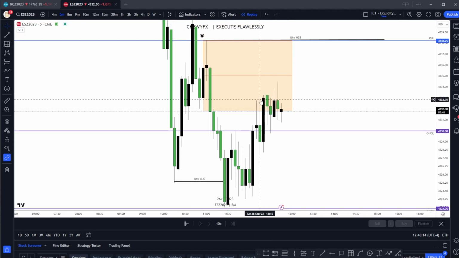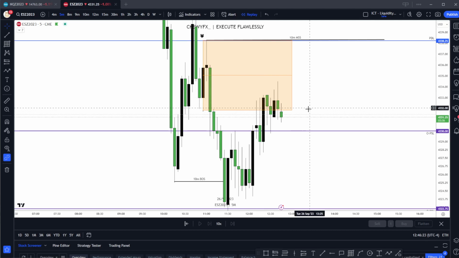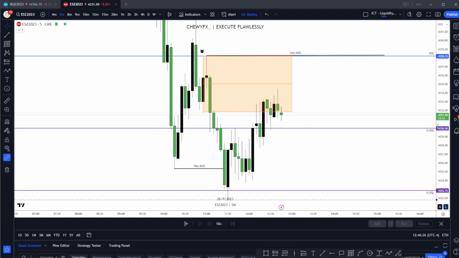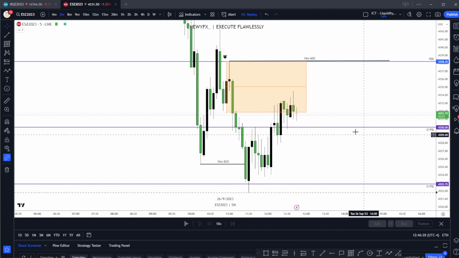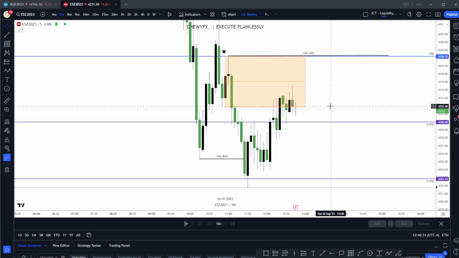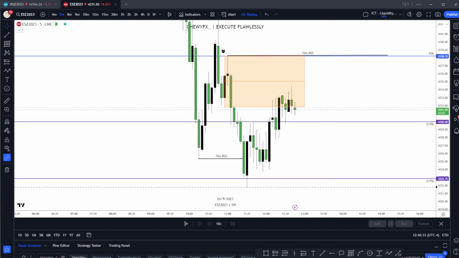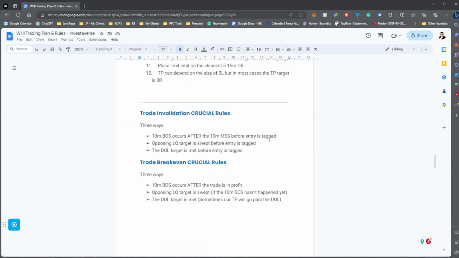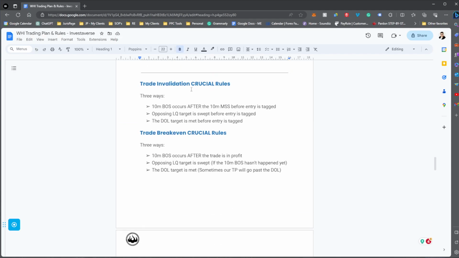Then it tested it again, decent reaction, right? The market then went into it again, but closed strong as a bullish candle, not looking that good. Okay, and if we take a look at the rest of the candle, yes, it's looking fairly weak, right? Like the odds of this order block failing is incredibly high. So just to quickly go over the in-trade invalidation rules, there's three ways that a trade can be invalidated before entry, right? Because we have break-even rules and then trade idea invalidation, and they're essentially kind of the same